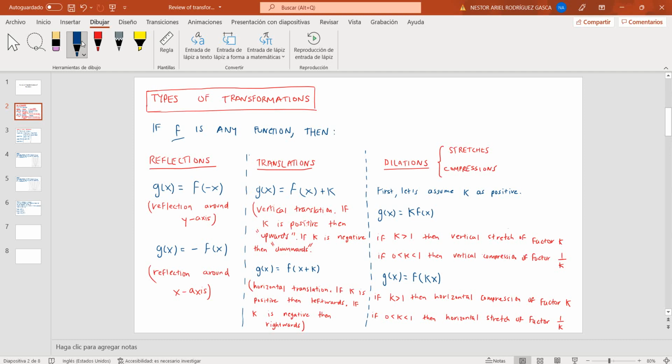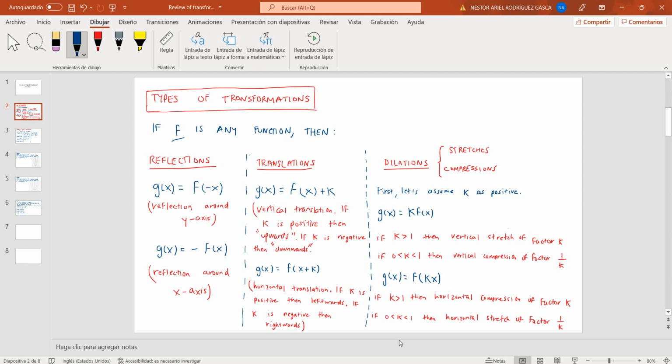Once again, we will talk about these two sentences in a moment. And on the other hand, when the constant k multiplies not the whole function, but just the input, as you can see here, the k is multiplying only the input, then we have two sentences of this type. You can pause the video and read this, and then read this next,